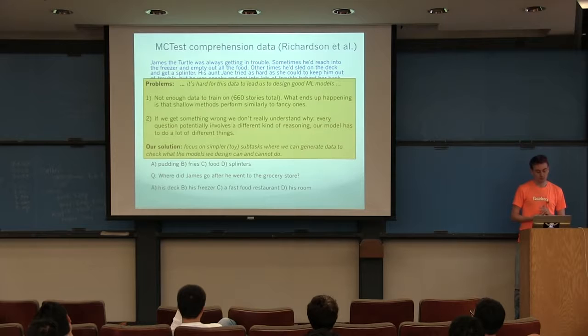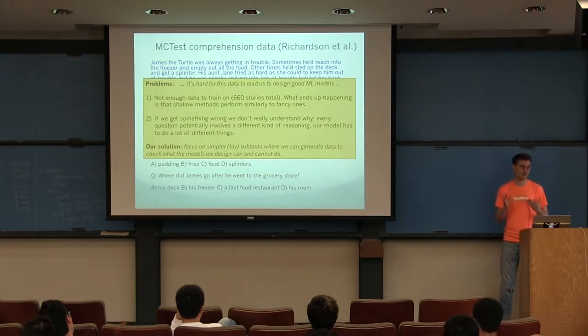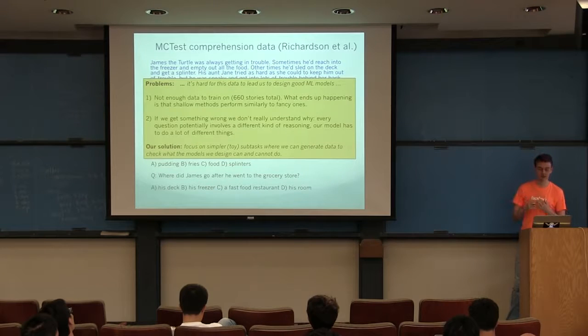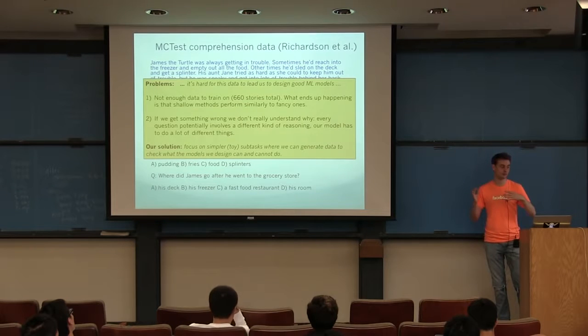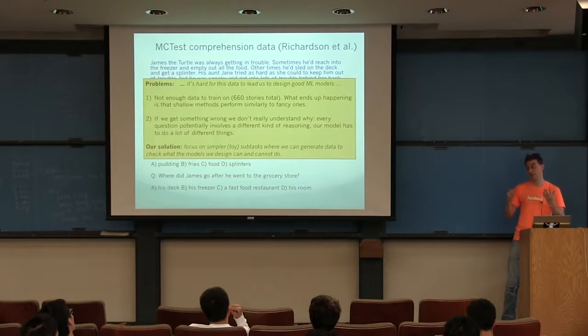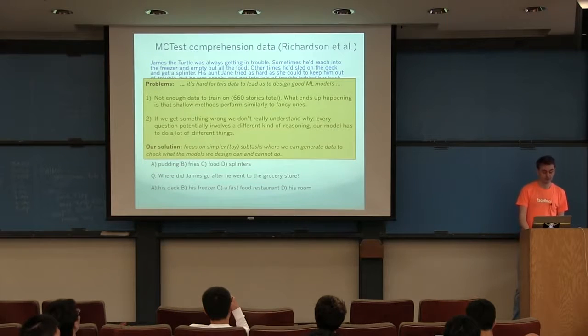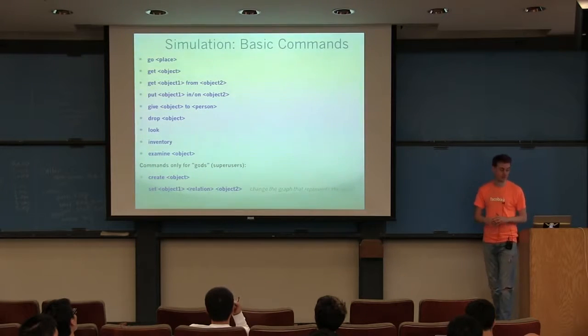So what we're going to do in our first experiments is make some very simple simulated data, more like from a text adventure game, and show that these models can work there. And when we do that, we can understand what they can and cannot do, because we can easily specify in the text adventure game different kinds of questions that we can ask. So that's what we're going to do first in terms of experiments.